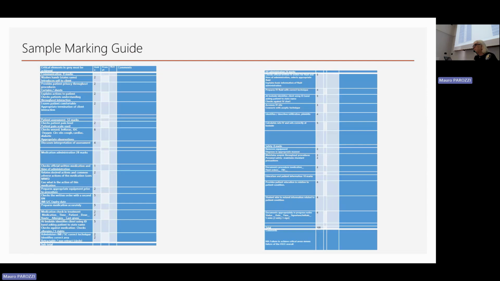Removing equipment, maintains asepsis, and documents, and things like medication errors. So they can get it all right, but they made a major medication error and they actually overdosed the patient times 3. So it doesn't matter how well they did something. Or it doesn't matter if they did the whole scenario fine and the critical safety criteria, at 2 or 3 points, they forgot to wash their hands. So basically students are instructed at the bottom, failure to achieve critical areas means failure to achieve the OSCE overall.